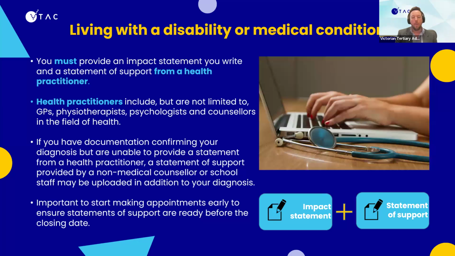Living with a disability or medical condition is next, and is pretty self-explanatory in terms of what it considers. I will confirm it includes mental health. You will need to state your diagnosis or condition, the duration, so whether it was a specific time or is ongoing, and write an impact statement detailing the effect on your education. You can claim more than one condition or disability. Just ensure you are addressing the impact of each within your statement.